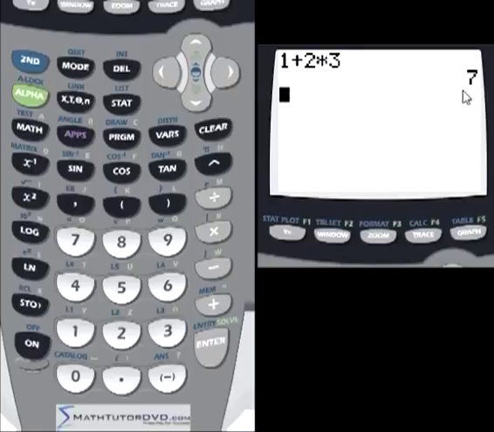And the reason is because in algebra, everything here is on the same line, but multiplication always comes before addition when it's on the same line with no parentheses. So 2 times 3 is 6, plus the 1 gives us the 7. Now we can change that by using parentheses. So let me go ahead and open a parentheses and put in 1 plus